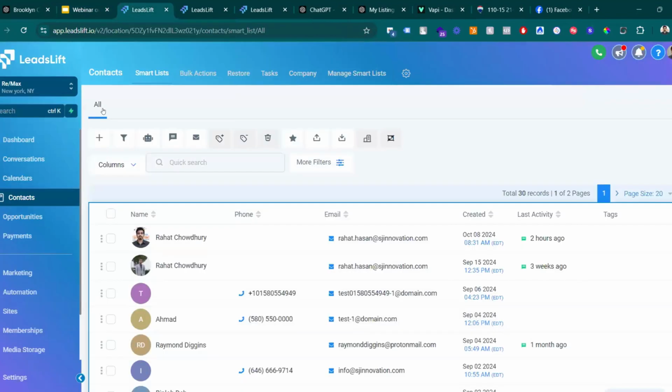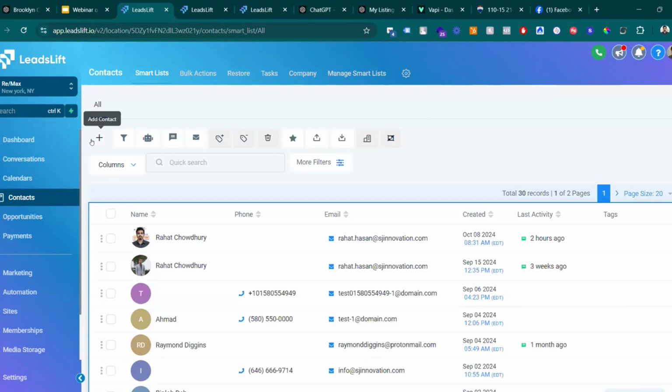So this is the software that we are talking about. It's called Leads Lift. Using this software, whenever you receive a missed call, it will automatically track that you have received a missed call. Think about it this way: if I am a buyer searching for a real estate agent in Queens, I see a lot of realtors and call the first one. If the first person does not pick up, I go to the next person, and so on. This is one of the ways many real estate agents are losing a lot of customers. You can calculate how many leads you are missing out on a monthly basis.